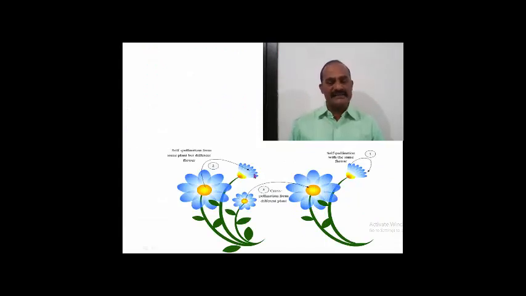If we see the process of pollination, here you can see this is a single plant, and if the transference of pollen grain is within the same flower, it is self-pollination, or to another flower present on the same mother plant, again it is self-pollination. But if the pollen grains are transferred from one flower to another flower present on another mother plant, then it is said to be cross-pollination. So in self-pollination, either a single flower or a single plant is involved, and in cross-pollination, two flowers present on two different mother plants are involved.